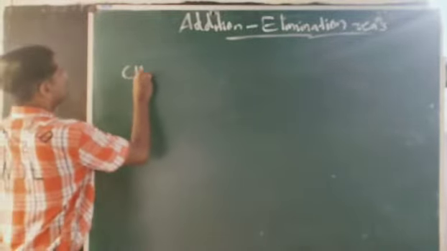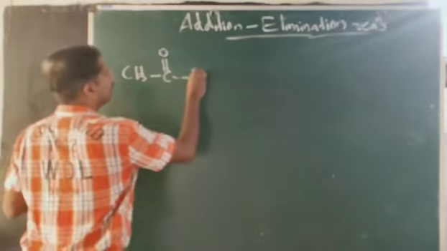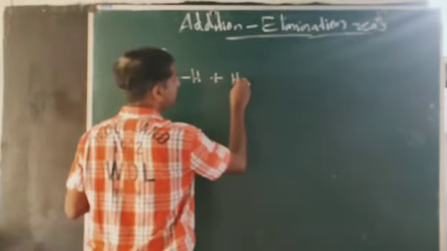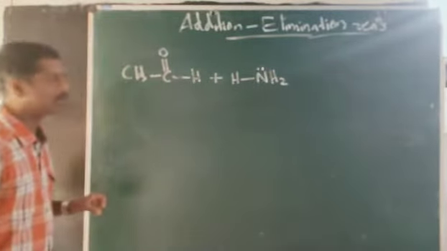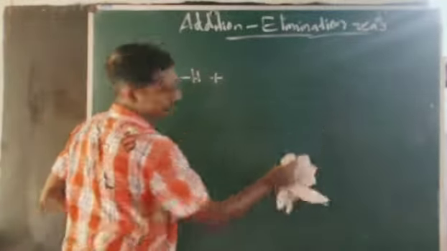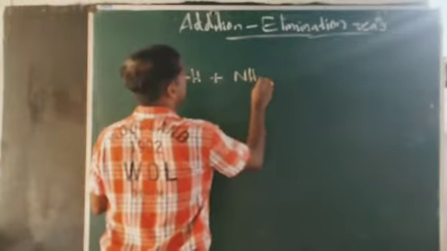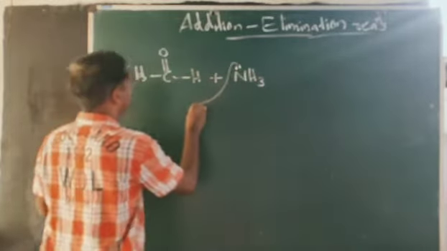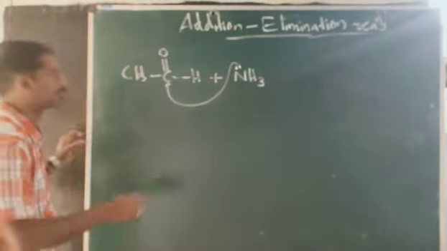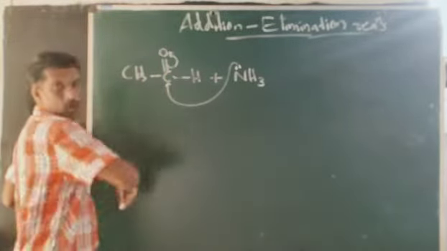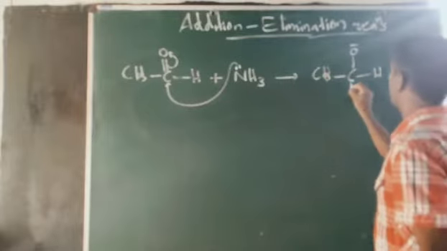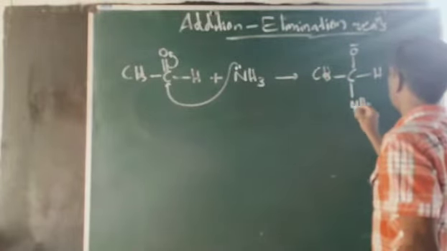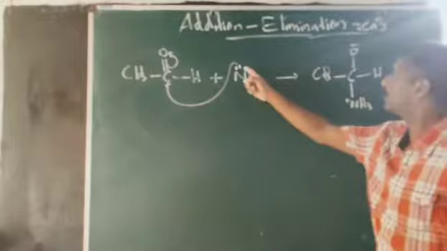Look at here, CH3CHO plus NH3. NH3 you can write as NH2H; here it is a lone pair. This lone pair of electrons will attack this partially positively charged carbon. Then this bond will be shifted to oxygen. So we get CH3 C, here it will become O minus, here it is H, and here it will become NH3 plus, because this lone pair is donated.